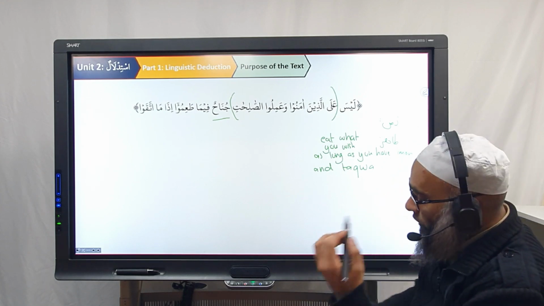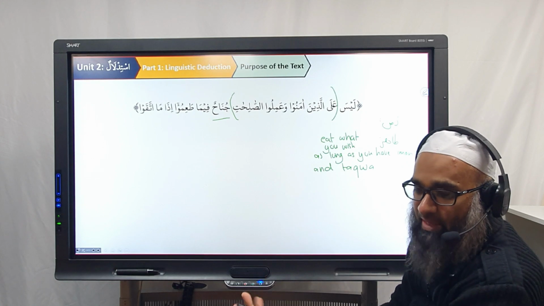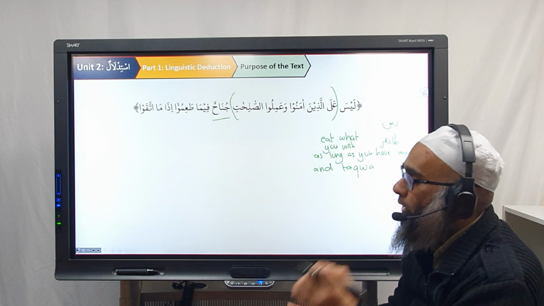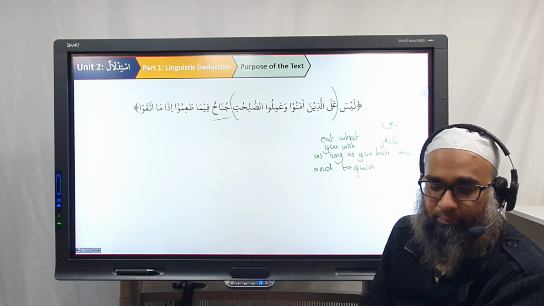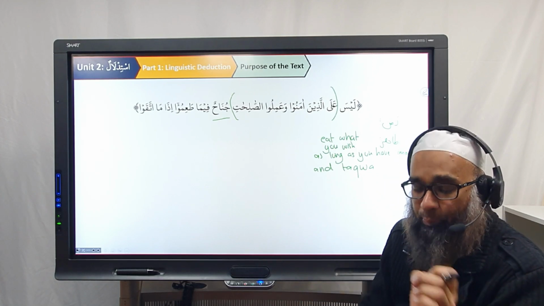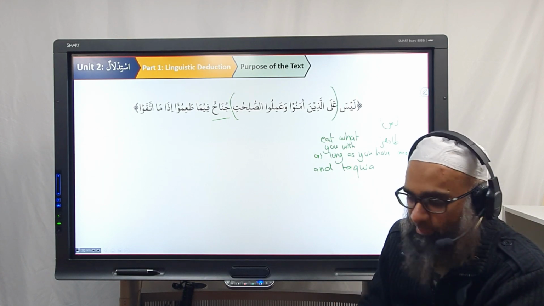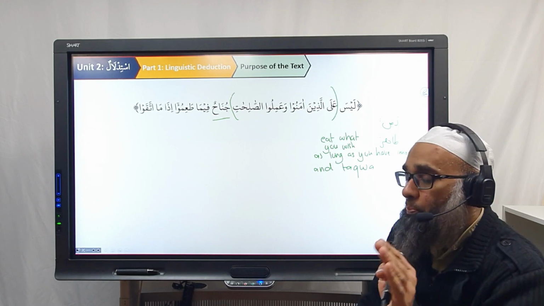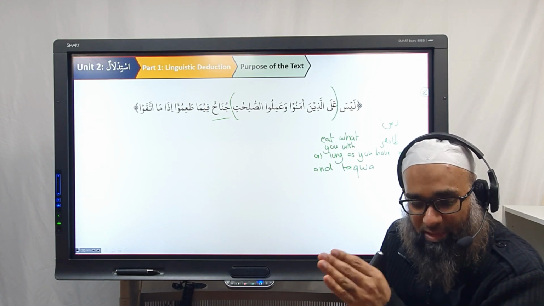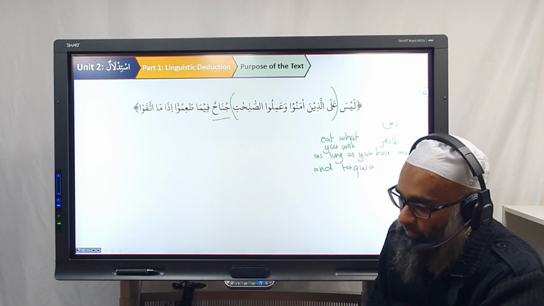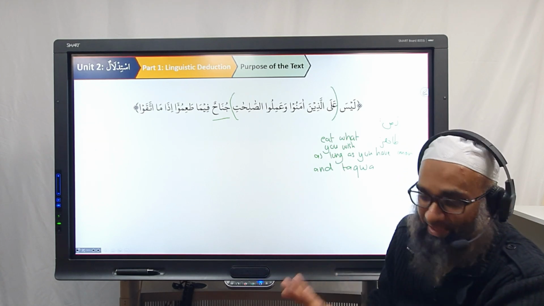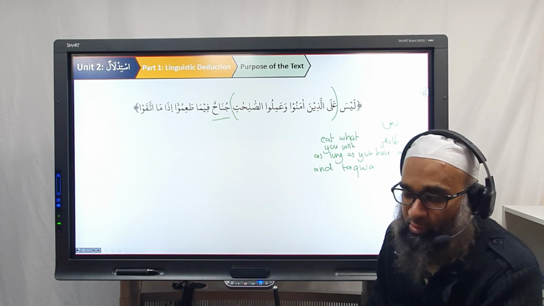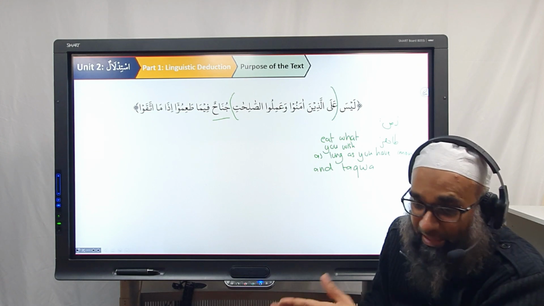However, if you look in the hadith, in the text, the Sahaba would explain to us the circumstance of revelation. Why was this verse brought? This verse was brought when Allah subhanahu wa ta'ala prohibited certain things. Alcohol became impermissible, etc. So now the question was, what about those people who passed away before this prohibition was revealed? So let's say they were eating and drinking, they were drinking alcohol and they died, but that was not haram yet. It was permissible. So even though they were drinking alcohol, it was permissible. It wasn't anything wrong. It was halal for them. And then they died, and then the rule of alcohol came.